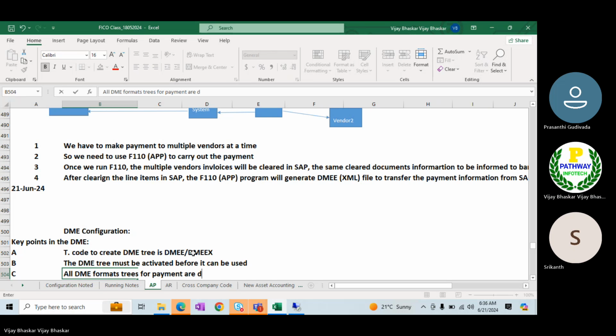Payments are derived from SAP FPAYM, derived from SAP standard program, standard program SAP FPAYM. Okay, that I will show you. Then